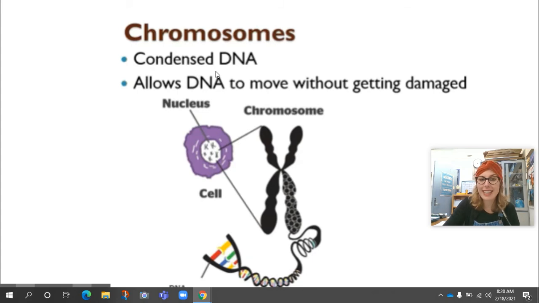It's essentially just condensed DNA. And the whole reason for this is we want to get our DNA nice and tightly packaged before we enter into splitting up the cells so that there's no mistakes, so that none of the DNA gets broken. So instead, they're in these nice, tight little packages called chromosomes that are all bundled up. And it's a lot easier for cell division to take place accurately and efficiently. In terms of humans, we have 46 chromosomes in our cells, 23 from our mom and 23 from our dad.